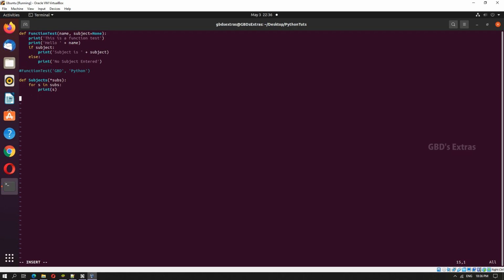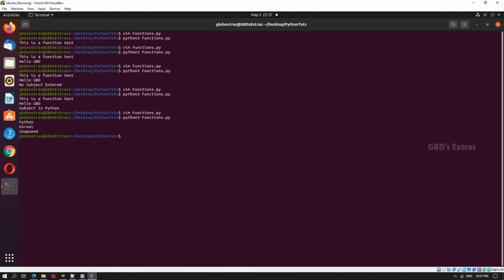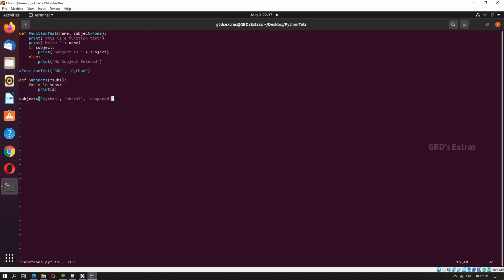So here when we call this function, let's see how this gets executed. Here, however many parameters we pass get converted to a list, and stored inside a single variable.